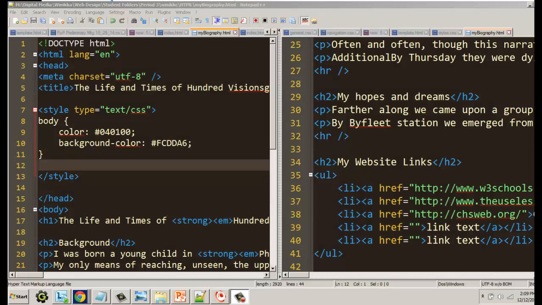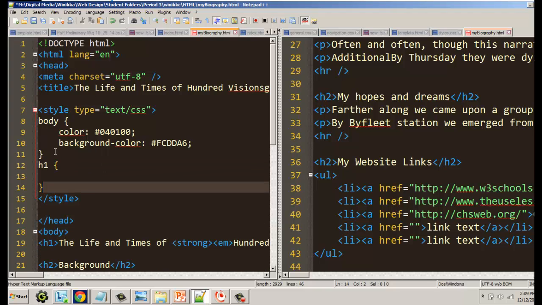Okay, so while we're on the topic of colors, let's just go ahead and finish out the colors using the color guide that we're going to do. So what we're going to do is target our headers, because we're going to make all the headers be a different color. So we're going to start with the header 1. Note again, you just type the name of the element, the tag you're talking about, no angle brackets or anything. And we already have a background color set on the body, so we're just going to go ahead and set the color. Then we're going to pick one of the other colors on the color palette. One of them was a greenish color,